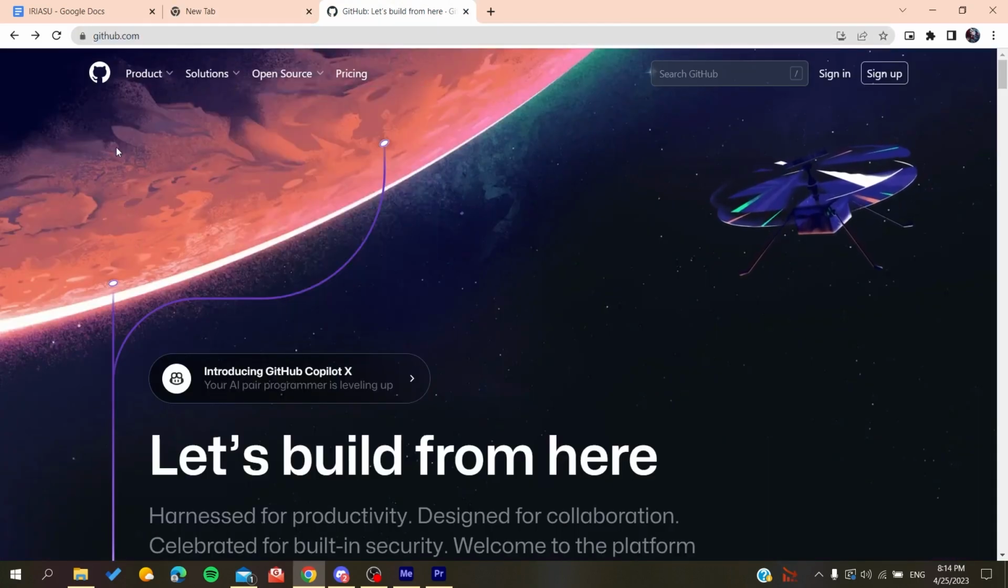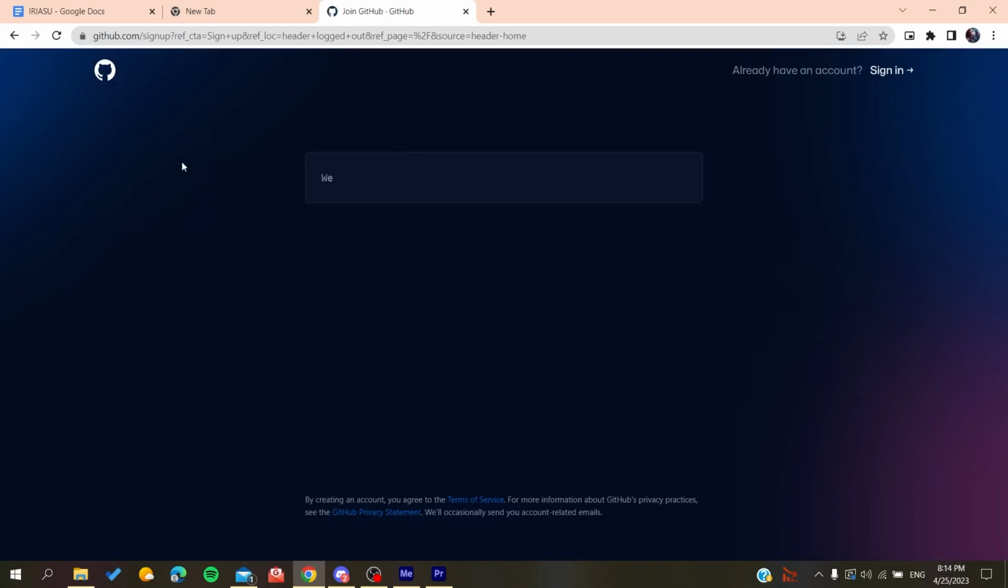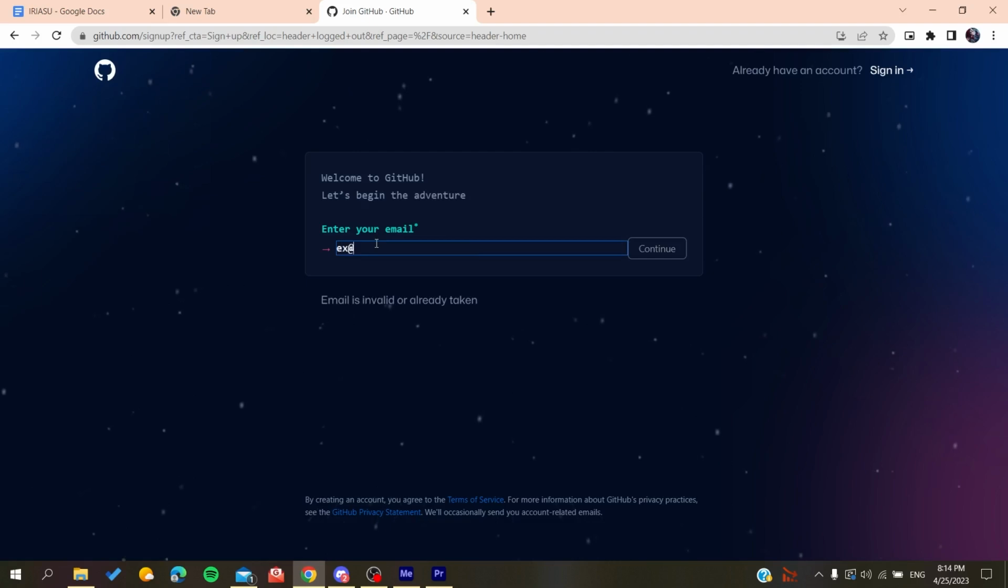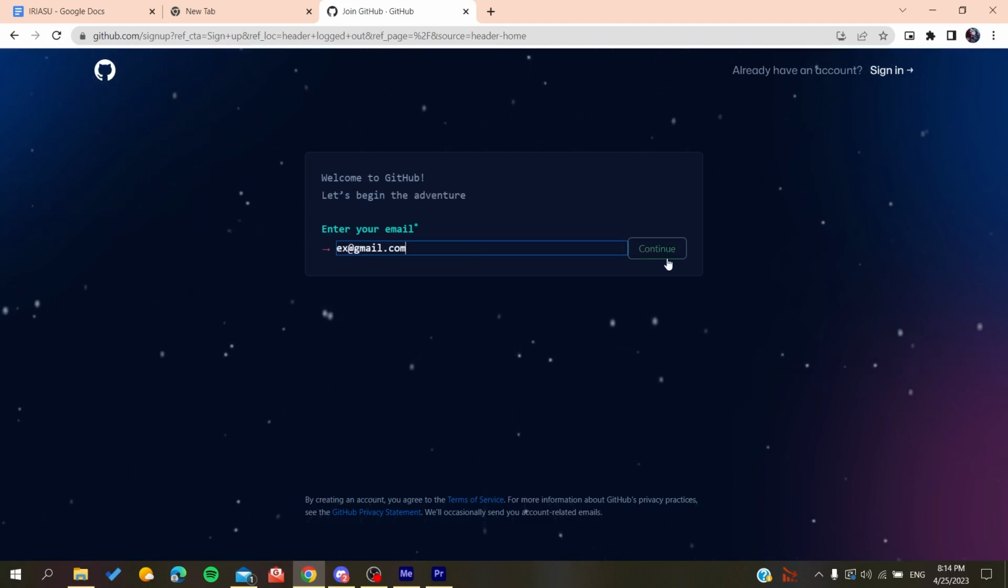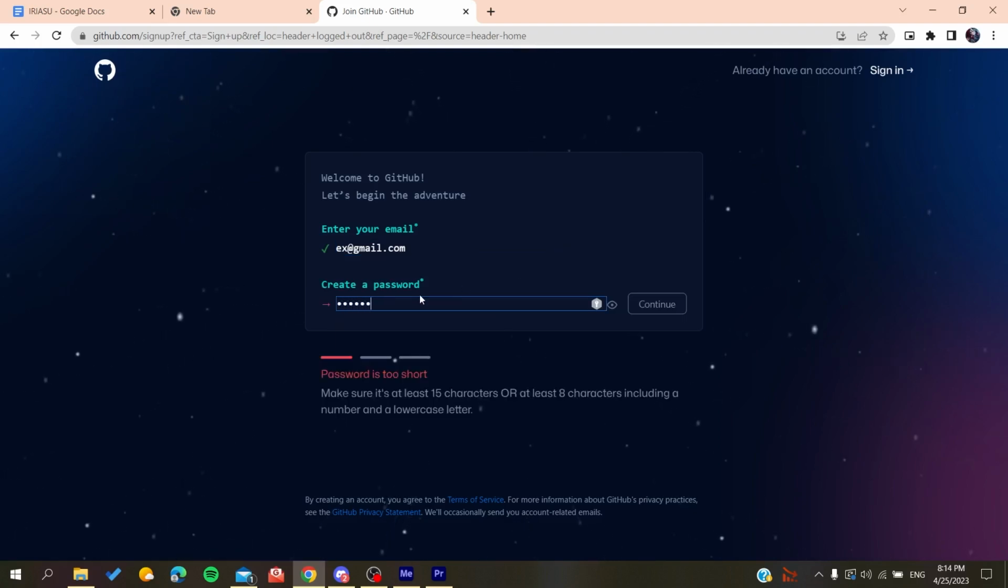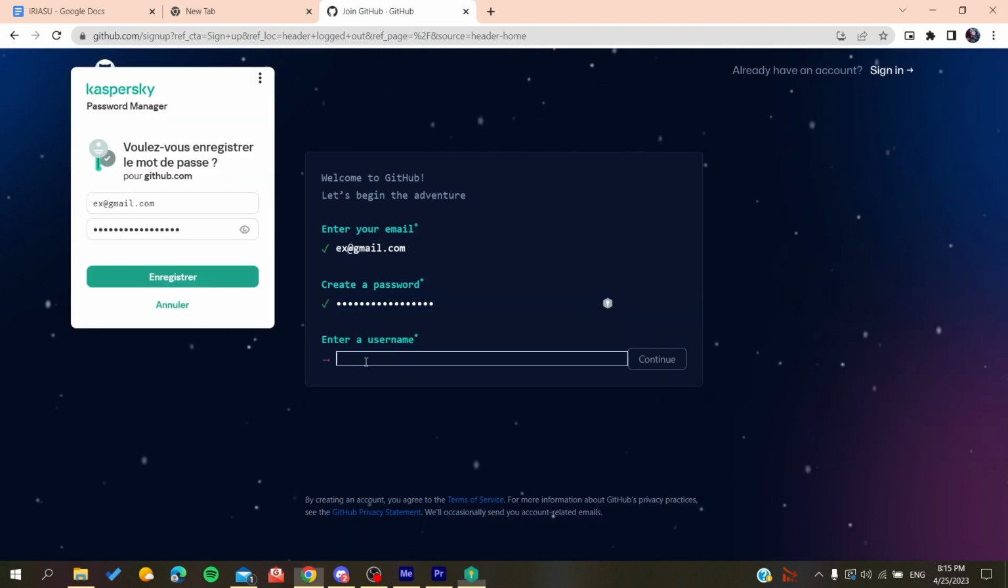And now we will need to create an account so we can use the GitHub services. So basically all we need to do is to click on sign up and then it will redirect us to the sign up page. And now you need to add your email, gmail.com or any other email that you are using. You click on continue, you create a password. So if it was anything like that, you click on continue and then you will add a username, for example